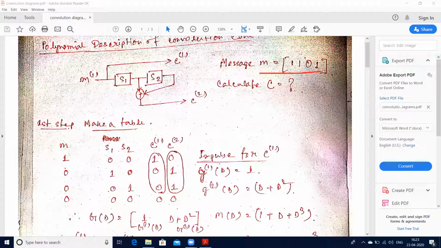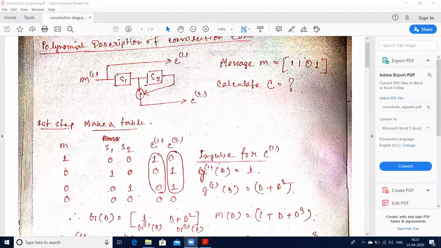So we have to convert this 1101 to the d polynomial again, because the whole procedure, the whole calculation will be in the polynomial form. So that's why the heading is polynomial description of the convolutional code. Okay. So just erase it. Okay. So when I convert this bit form of the message into the d polynomial,